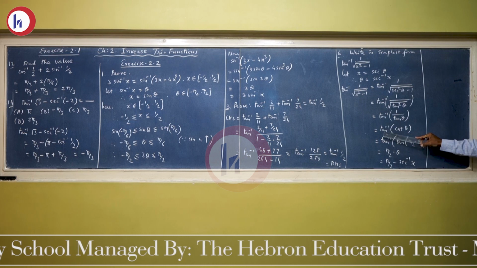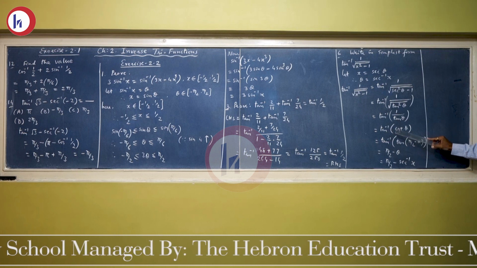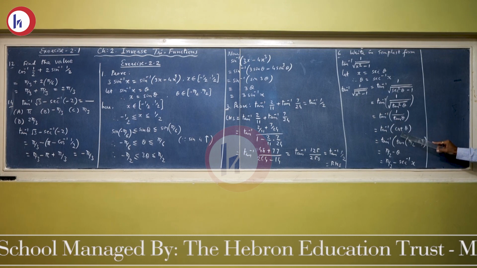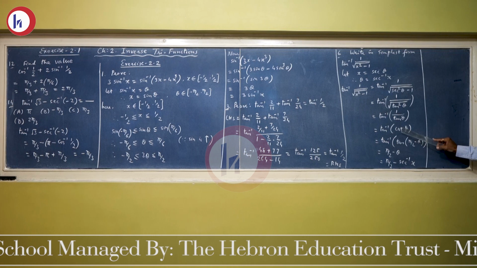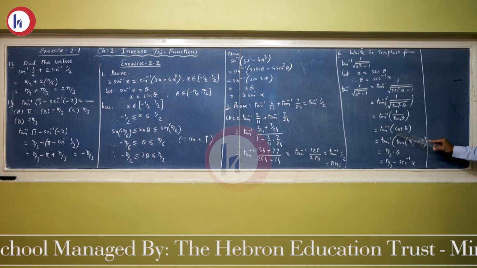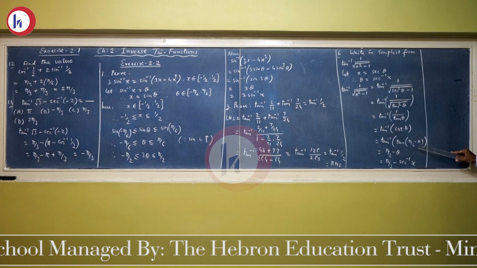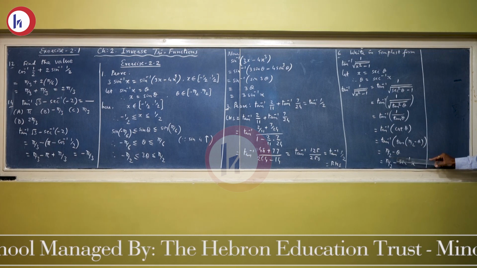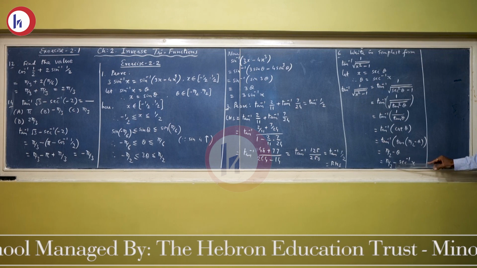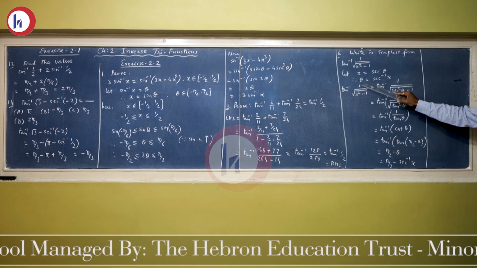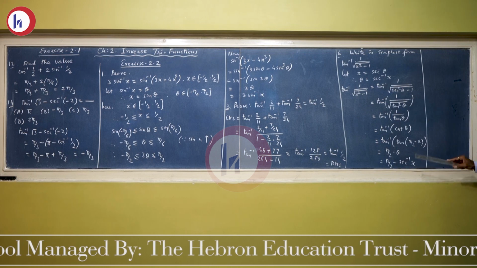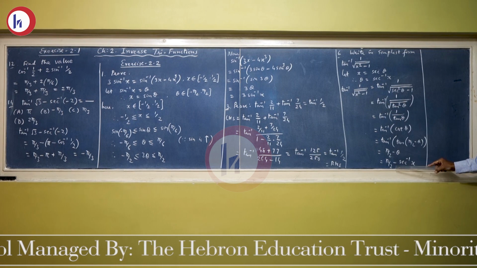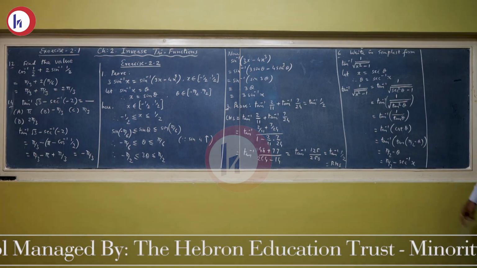Now outside is tan inverse, so the inverse of tan inverse is tan, so inside must be tan. If you have cot theta, then use pi by 2 and convert the function into tan. So cot theta can be converted to tan of pi by 2 minus theta. So tan inverse tan of pi by 2 minus theta is equal to pi by 2 minus theta. What is theta? Theta is sec inverse x. So this is the simplest form: tan inverse 1 upon square root of x square minus 1 equals pi by 2 minus sec inverse x.